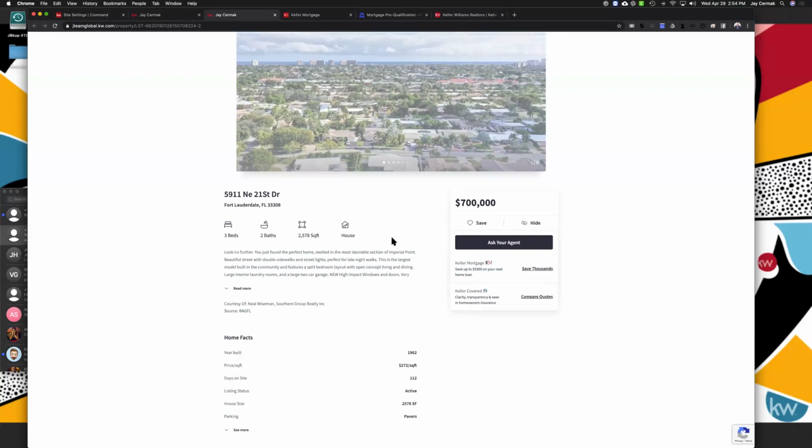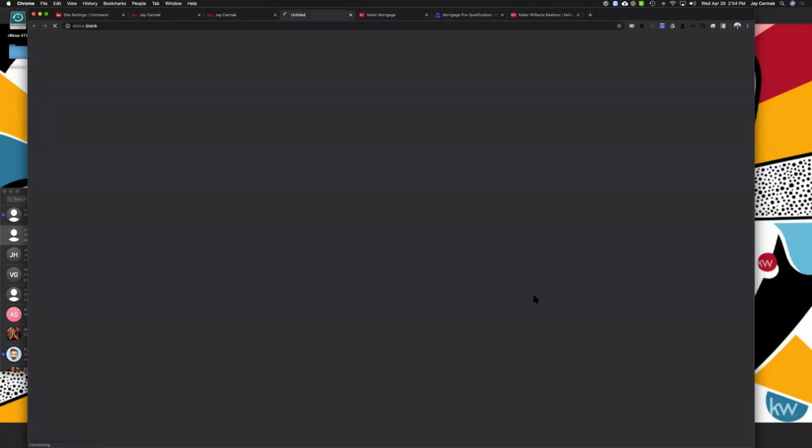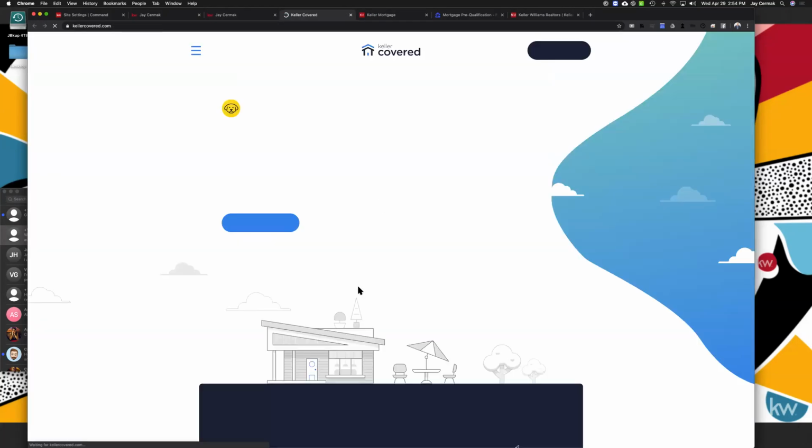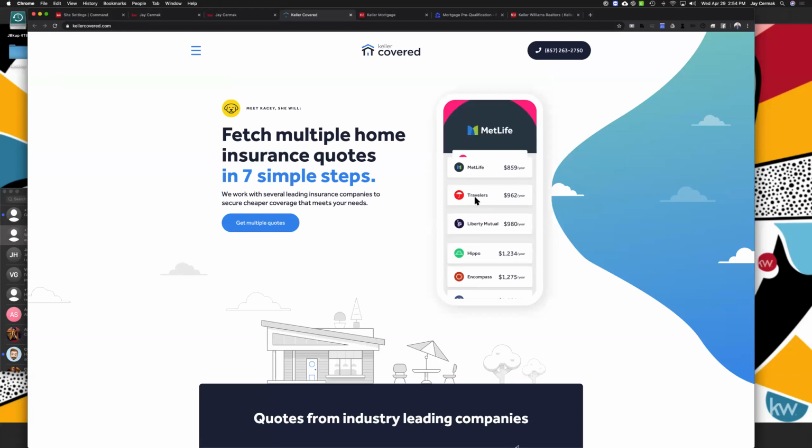So I can find the home on here by neighborhood, by landmark. I can actually apply for a mortgage all from inside this website. We've also got an option for Keller Covered, which is the ability to shop for home insurance. This can save your clients up to 30% on even home insurance companies they might be using today. So if you didn't know we had this product, this is another one to go learn about, to share with